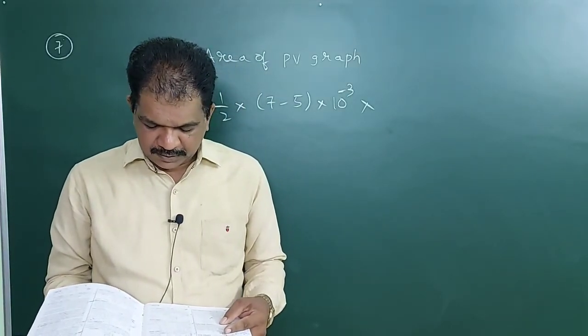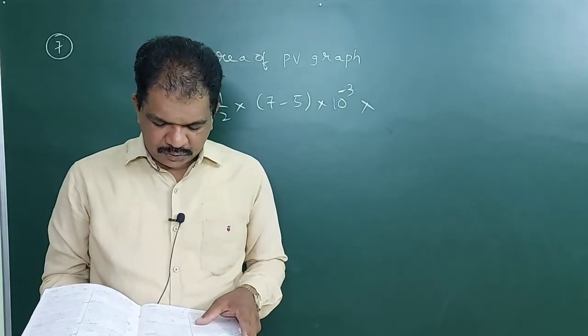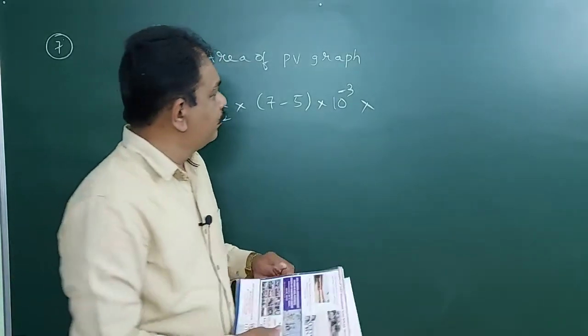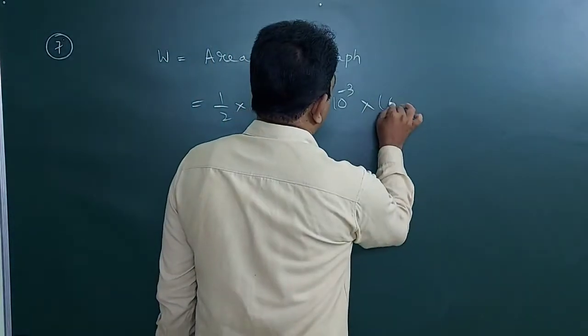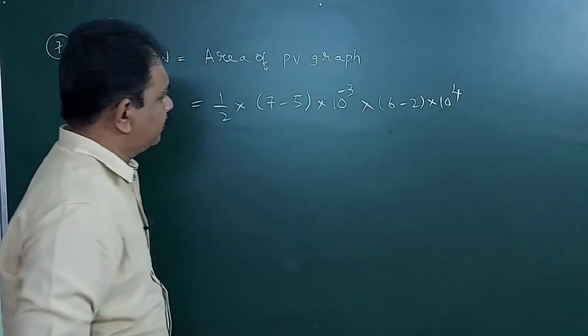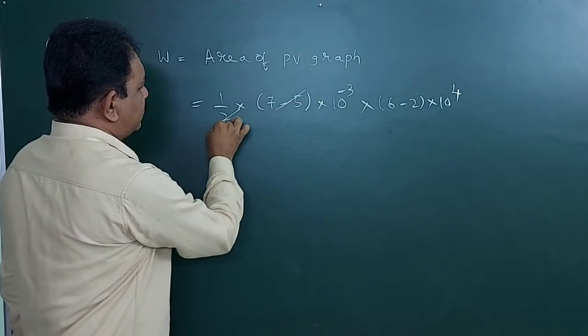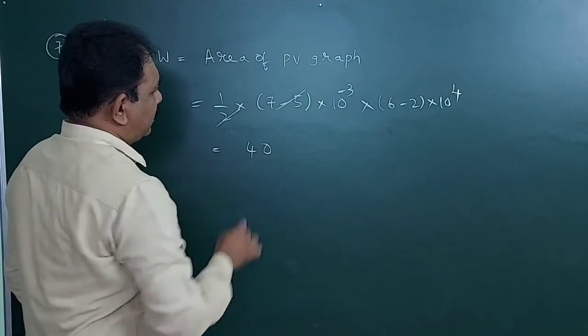So how much will we get? 6 minus 2, this value, into 10 power 4. Okay. So 7 minus 2,